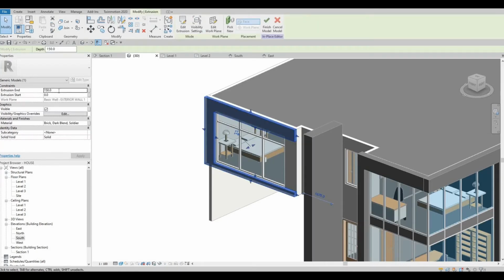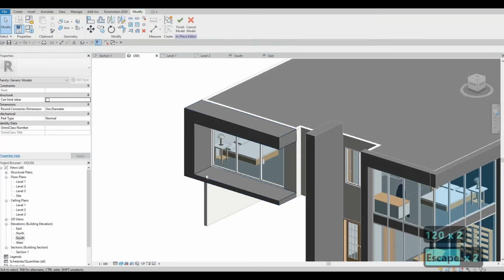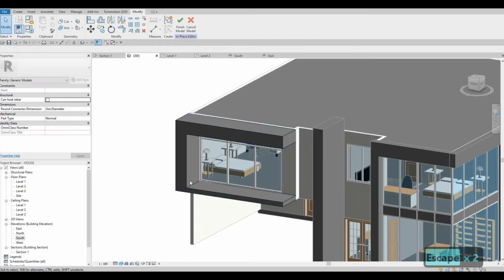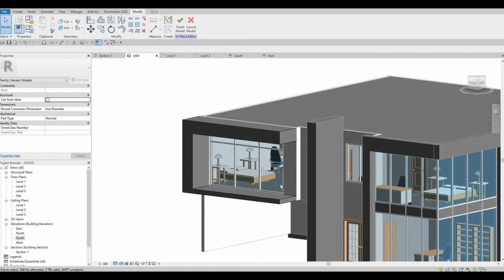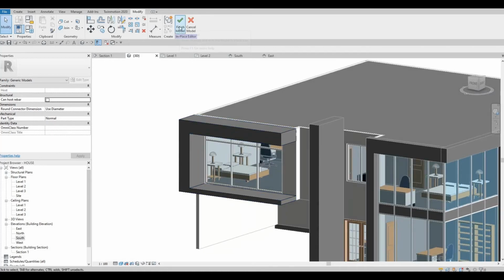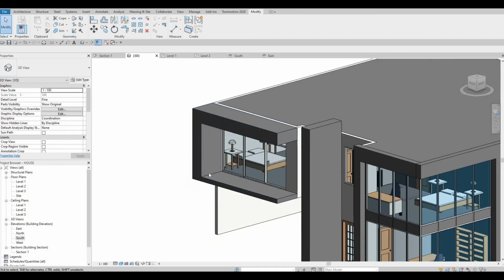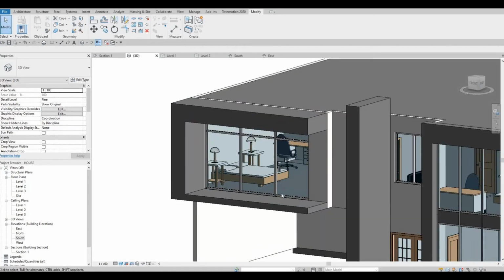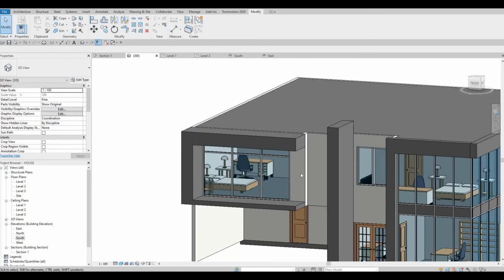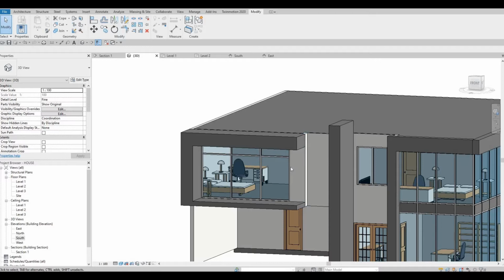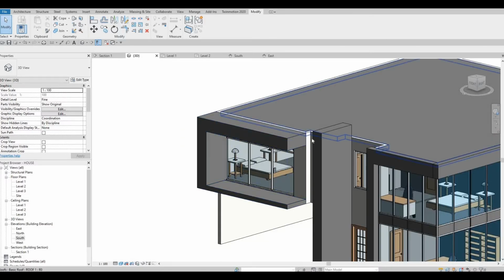That's because we're going to 1200. Because we're going to add something right here. Click finish. And then we're going to add in a glass. And then we're going to edit